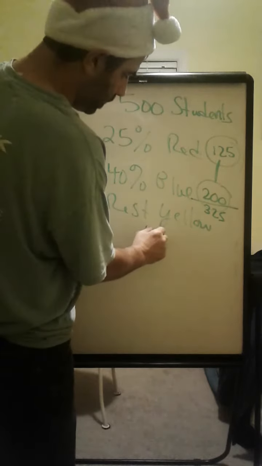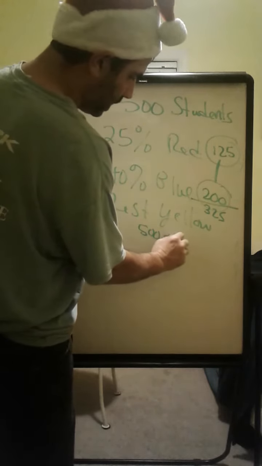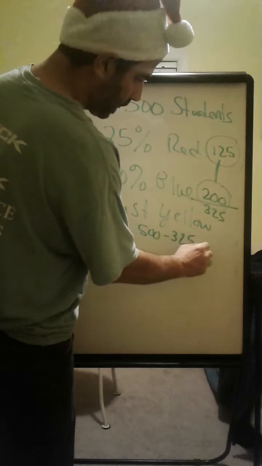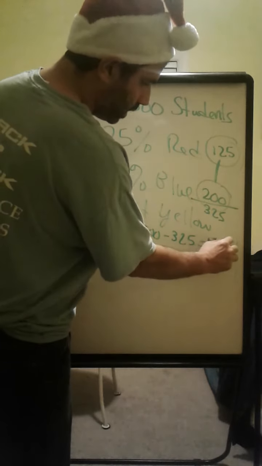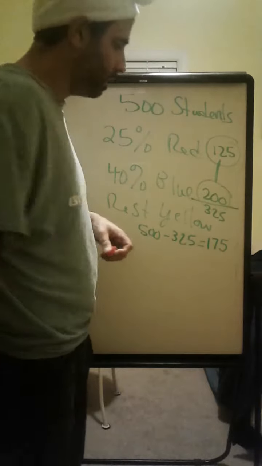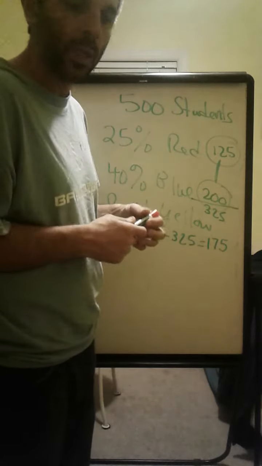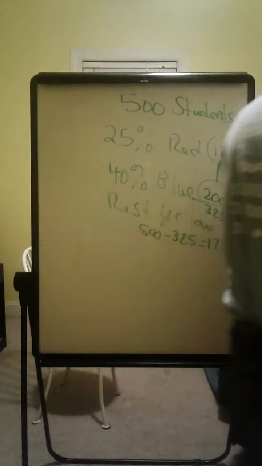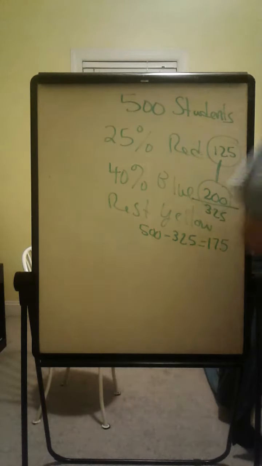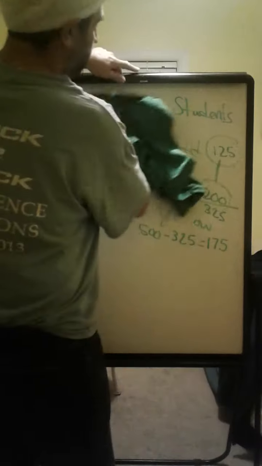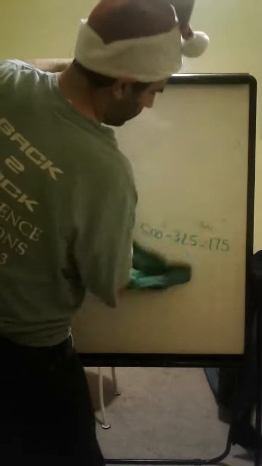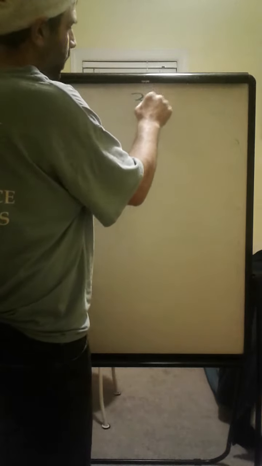So then we would do, last step, 500 minus 325. That gets you 175. Okay? One more problem. I've seen this a lot where they have both a fraction and a percent in the same problem. Not a big deal. Let's say there are 300